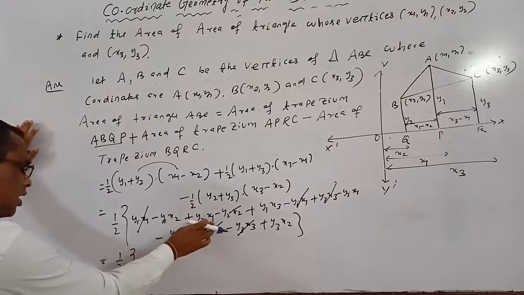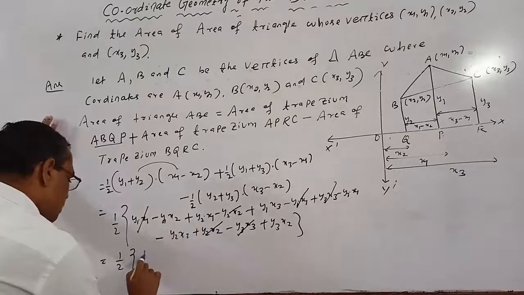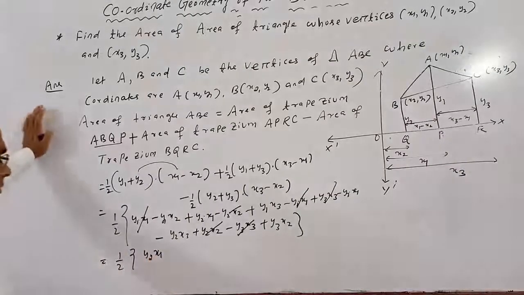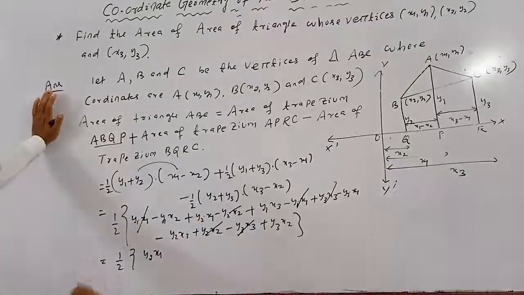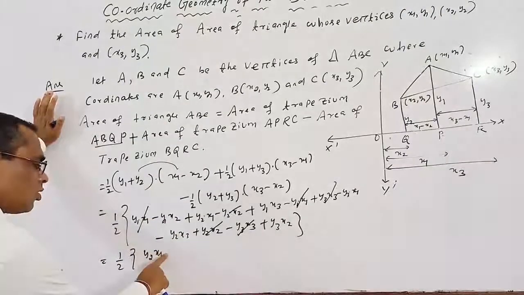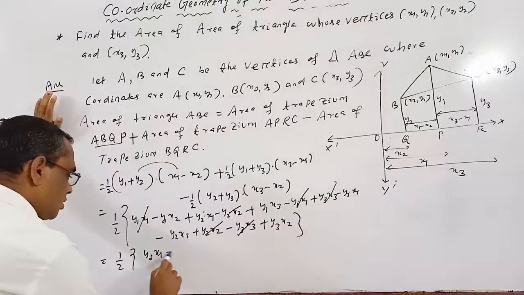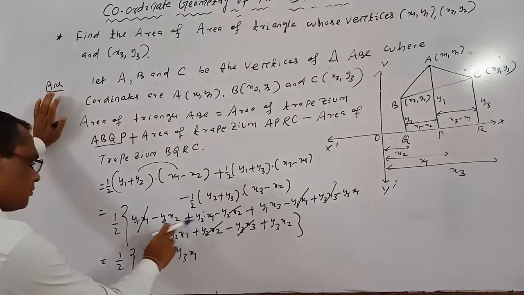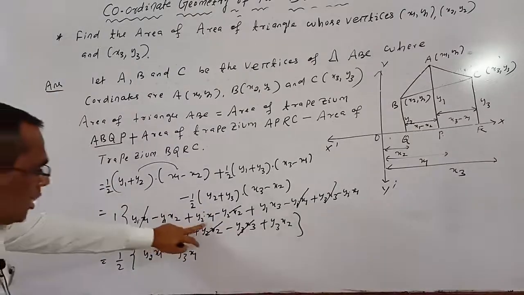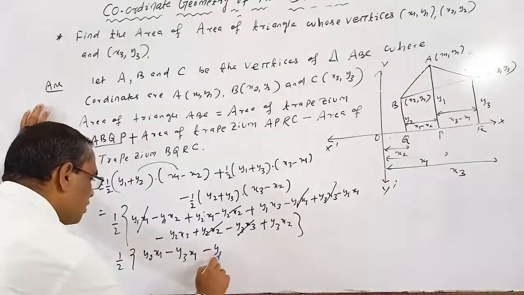Okay. So x1 y2 minus y1 x2. So y2 into x1, then here you write the terms that contain x1. So taking x1 common, y2 x1 and also y3 x1 with minus, minus y3 x1. So then here y2 x1 minus y3 x1, next it is minus y1 into x2.